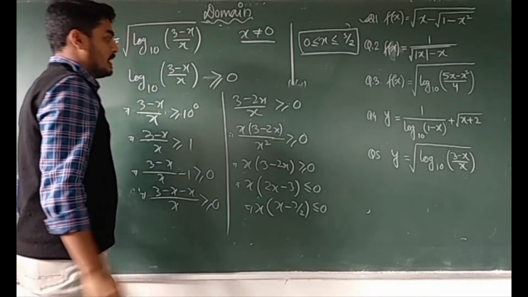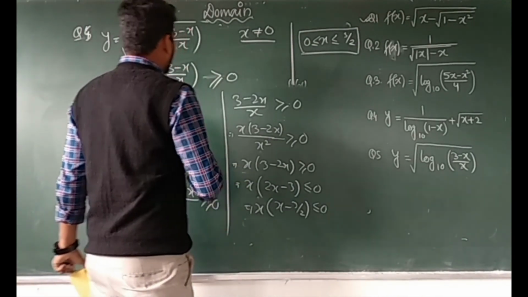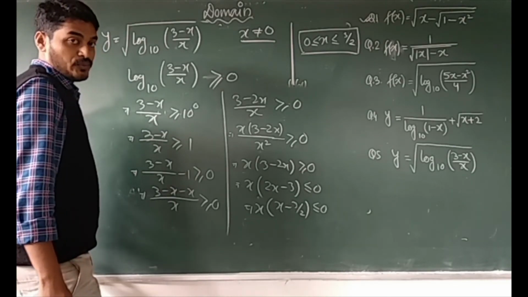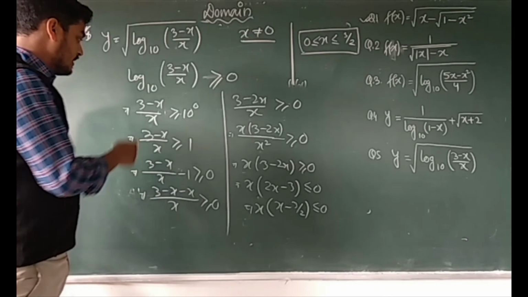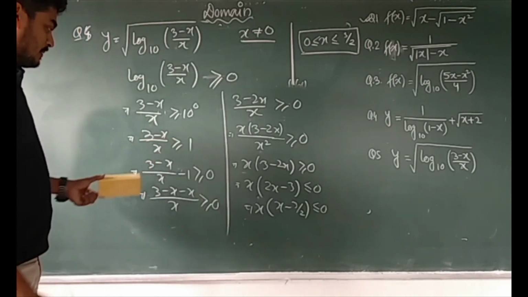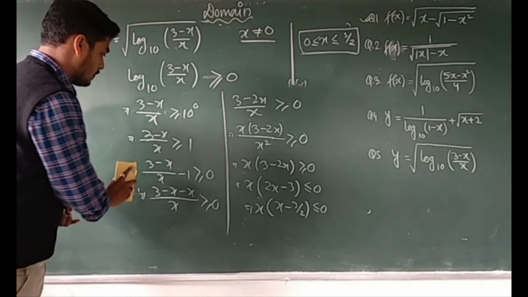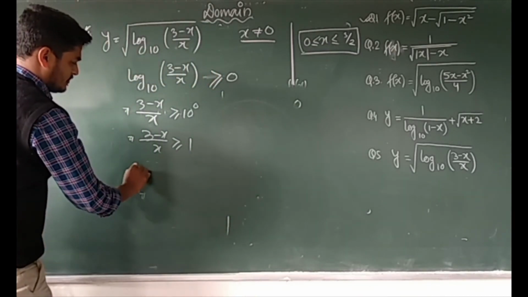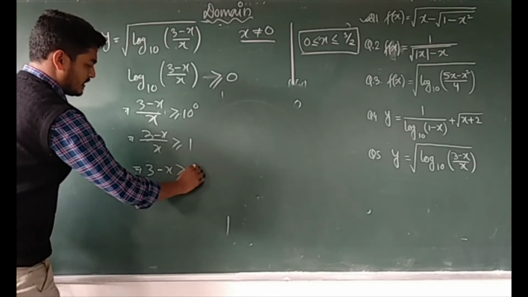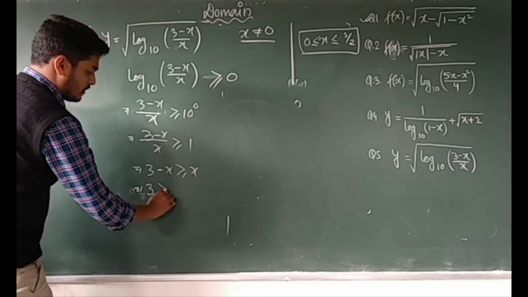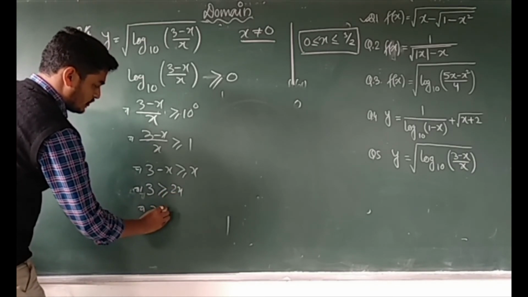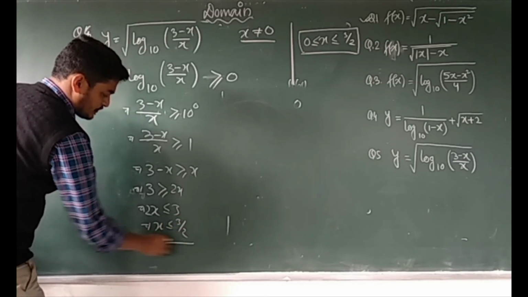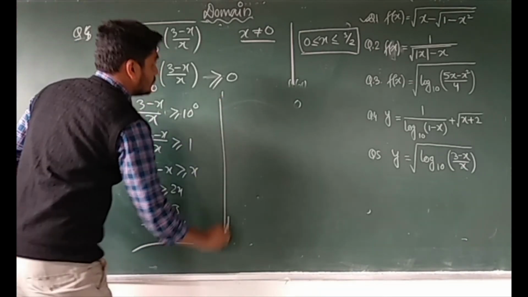Again, we can easily generalize: (3 minus x) by x is strictly greater than 0. Have you got it? So in this way we can easily cross multiply and simplify. Here we can find the answer like that: 3 minus x greater than or equal to x. So 3 greater than or equal to twice x. So twice x less than or equal to 3. This implies x less than or equal to 3 by 2. That is the first one. And second one,